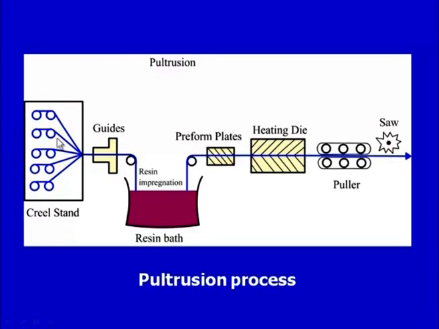So, these are the fiber strands which are coming from the fiber creels, and these are the guides to give them a particular shape, and this is the resin bath or the resin tank. The resin impregnation takes place, these fibers will get wet in this resin bath, and after they come out they will be carrying the resin along with them, and then they will go through the preformer or the preform plates which will give the desired shape, and the excess resin will be squeezed out at these preform plates, and then we have a heated die. Through this die, this preformed composite system will pass, and then there is a pulling mechanism.